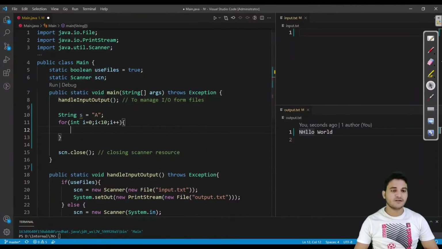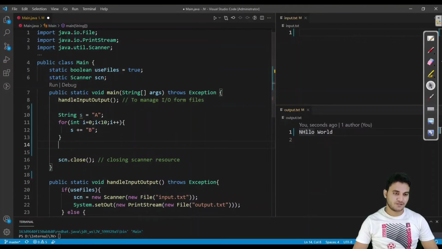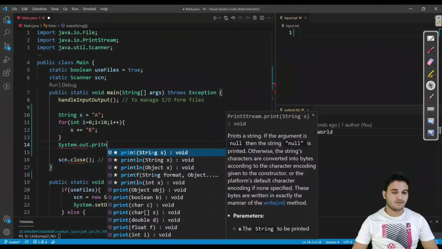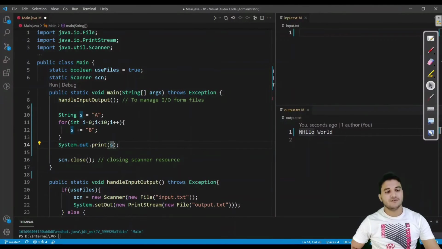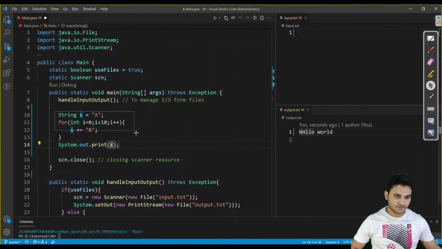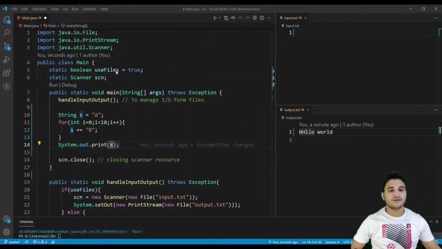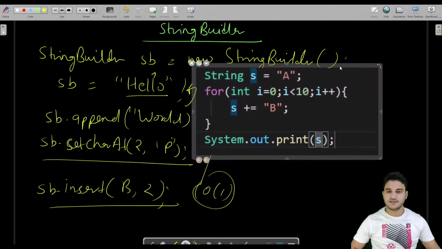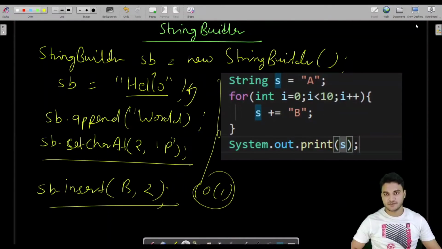This loop will run 10 times, and each time we are appending b into this string, and after this we are printing s. I want you to analyze what the complexity of this code is. I know I have not covered the complexity topic yet, but still, with very general math, I want you to analyze the complexity for this code.